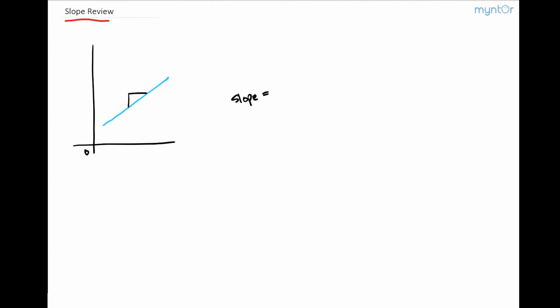is equal to the rise, so the distance from here, right here to here, so this is the rise, so the rise over the run, where this distance right here is going to be the run. So for example, if I have a slope that maybe looks like this, where I choose 2 points on that line, if the slope goes over to the right by 1 and it goes up by 1, I would say that the slope here is going to be equal to the rise, which is 1, over the run, which is